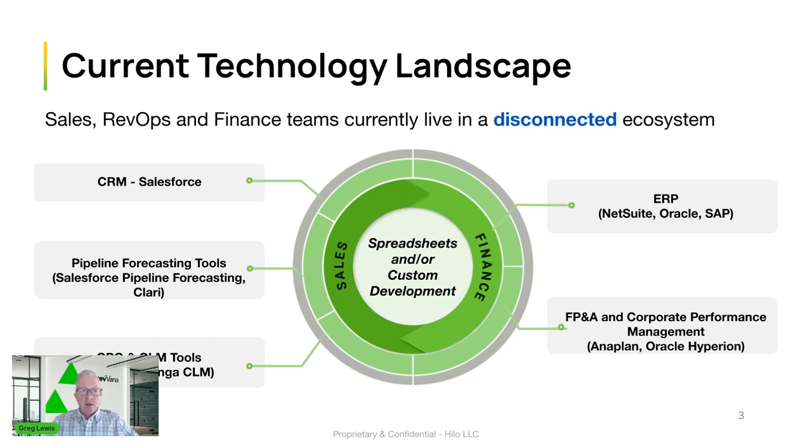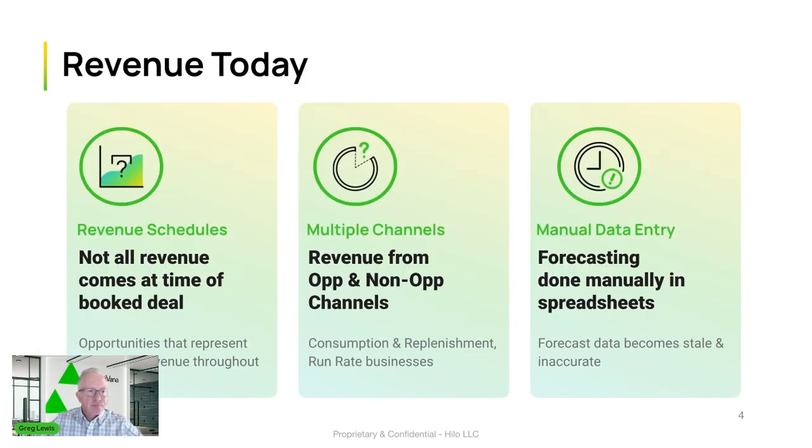And on the right side of the screen, we have our ERP applications. They continue to improve and do a lot of great things. And we have the world of FP&A and corporate performance management, which obviously is always involved in forecasting. However, the one thing that we have found is that in the middle sit spreadsheets. And spreadsheets are always going to be part of our business. But at revVana, we don't believe in spreadsheets and email being the primary and only mechanism to transmit information from CRM, the sales side of the world, to operations and finance and the rest of the enterprise. And that's what we're going to be talking about today.